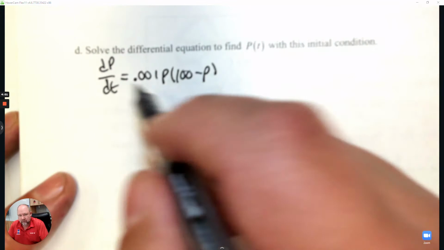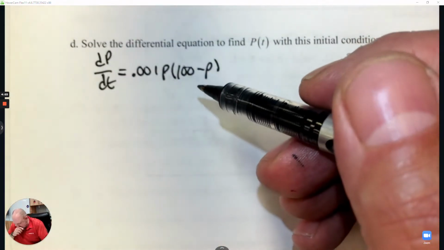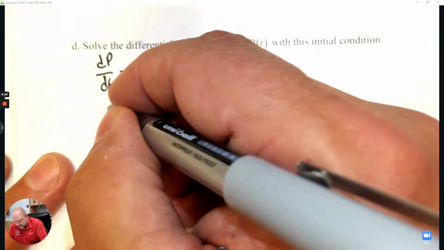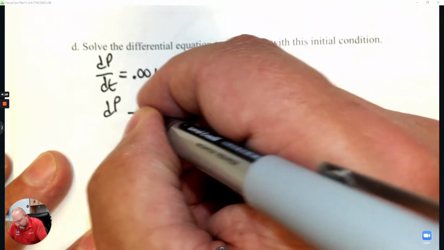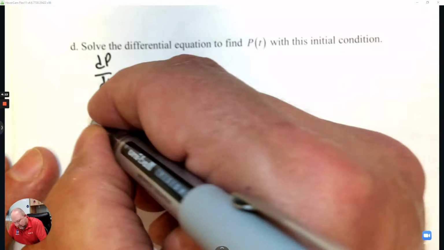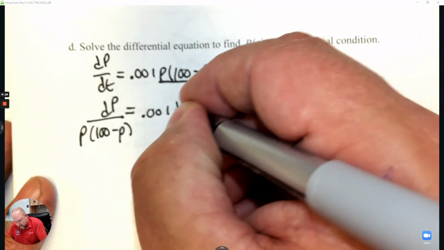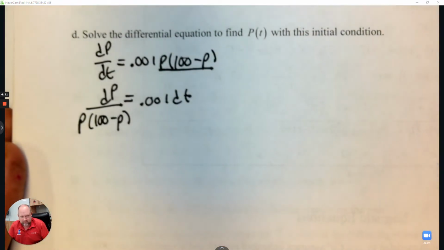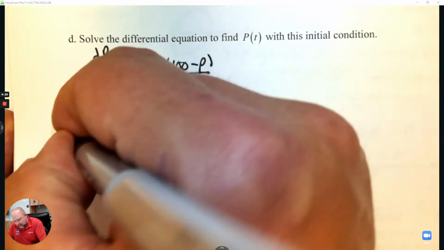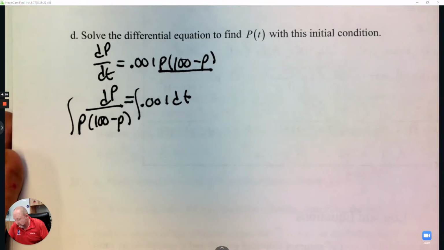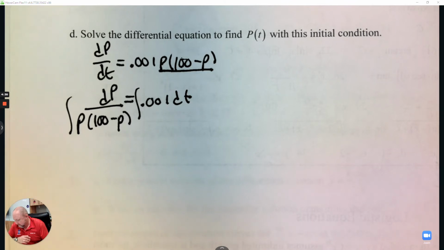So first of all, to separate, I'm going to multiply by dt. And then after I multiply by dt, I'm going to divide. So I'm going to divide by this to both sides. And on the other side, I have 0.001 dt, just to separate the variables. When I integrate this, on the right side, it's pretty simple, 0.001 t. But on the left side,